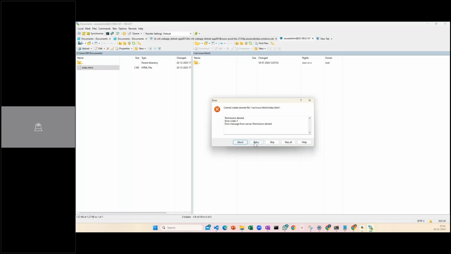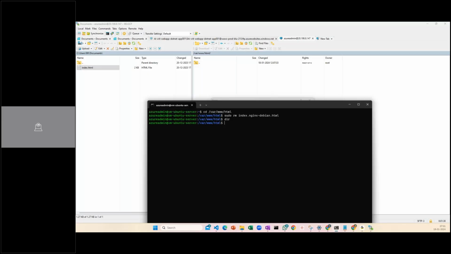Okay, one minute. What we need to really do here is that because we have actually used this particular file, or maybe the folder which is there, it is not allowing anybody to put any files here. But in case I want to use this option, we can go back to our folder and modify the permission of this particular folder. So how can I really do that? I can say chmod 777, sorry,